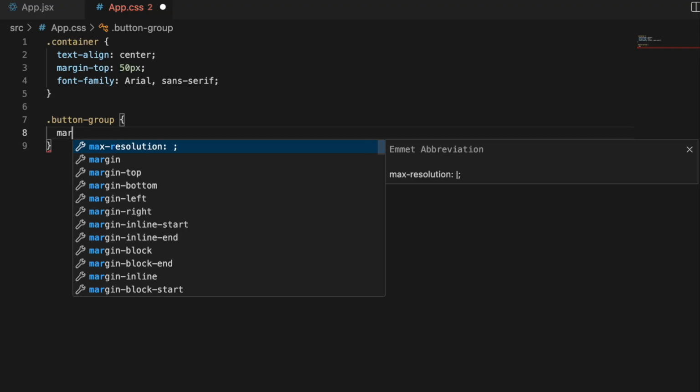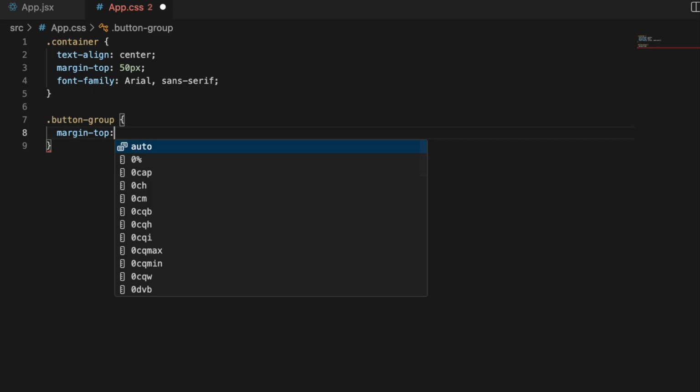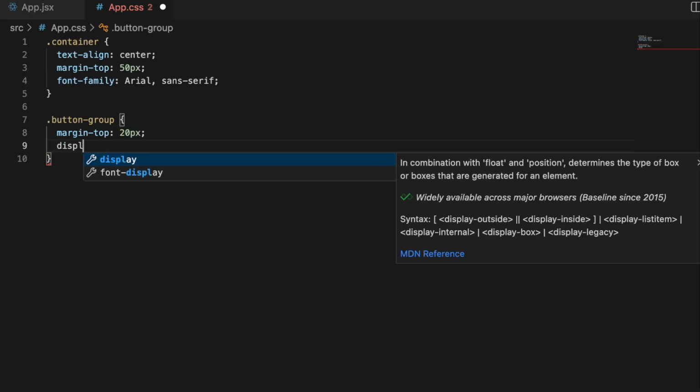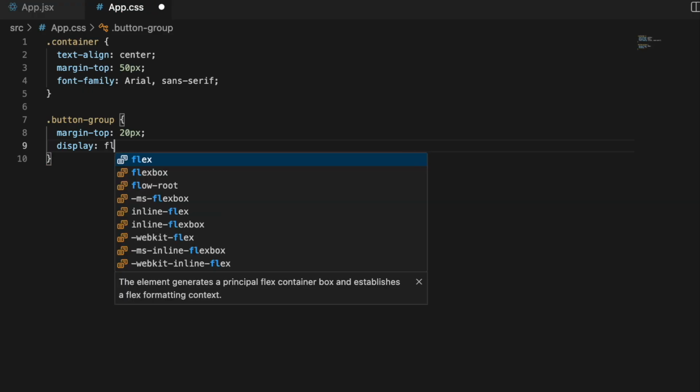We will style the button section to make it look more organized and aligned. Open the app CSS file again and locate the button group class. Inside this class, we will add some spacing and layout styles. First, we will set a top margin of 20 pixels so that the buttons have some space from the content